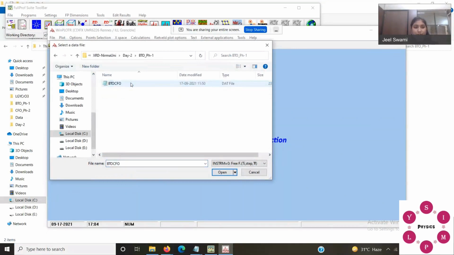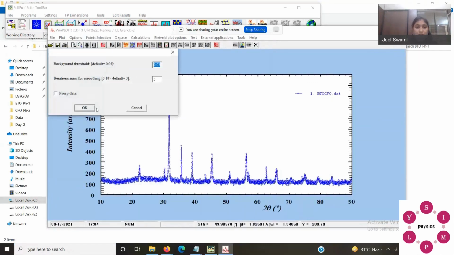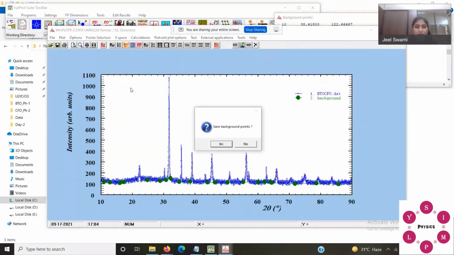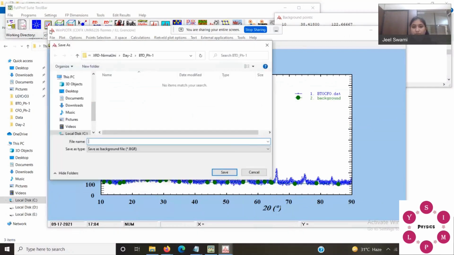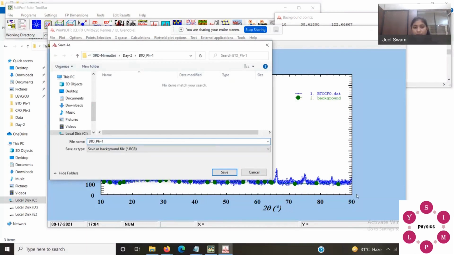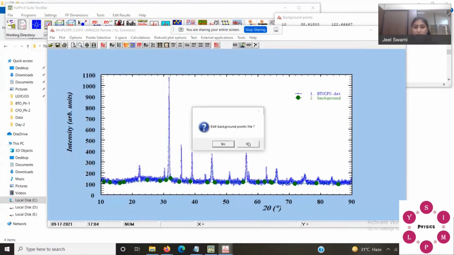I'm refining the first phase, so go to the phase 1 folder and open your file, select the background points, and save your background points in your BGR file, BTO phase 1. All these steps we already did yesterday.